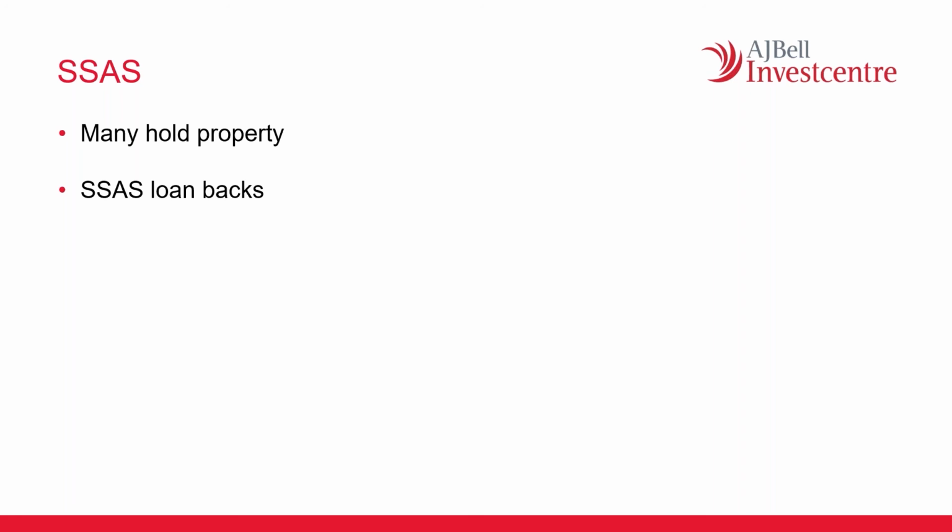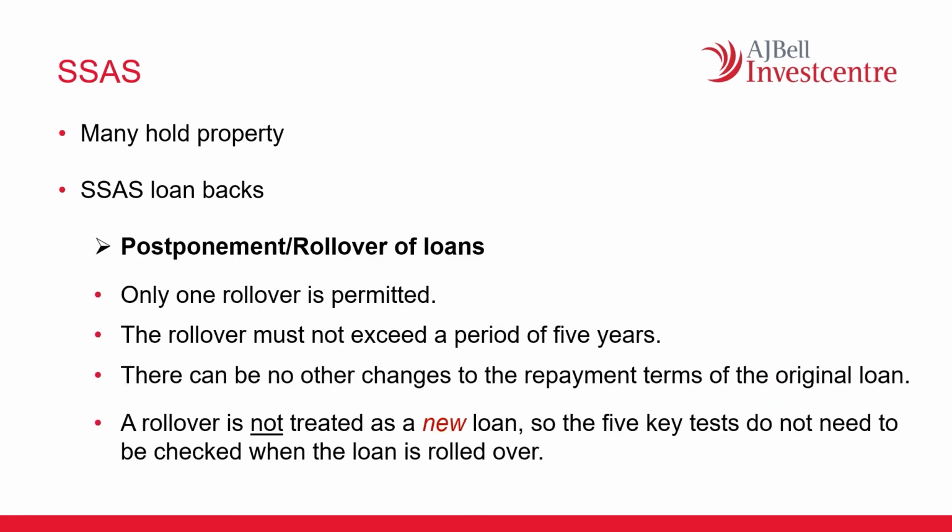So those are the key tests that have to be met for a SAS loan back. It is possible with a SAS loan back to do a rollover. So this is postponement or rollover. It can only happen once, but it is possible to roll it over for a further period of 5 years, as long as there are no other changes to the repayment terms. You don't have to redo the tests as well. You have to do them at outset. And obviously that may be of use to people at the moment with companies that are struggling if they have already got